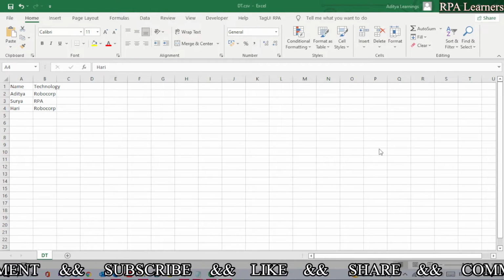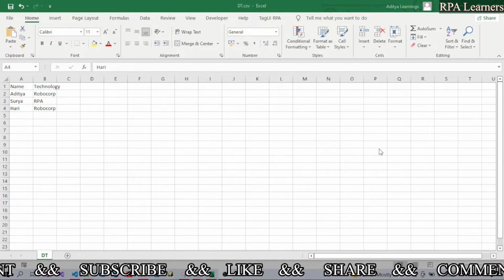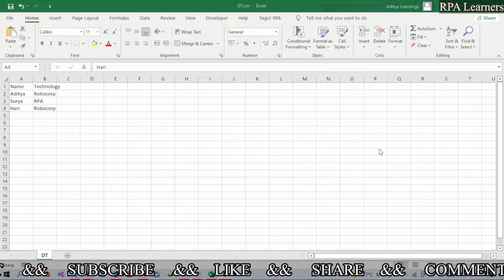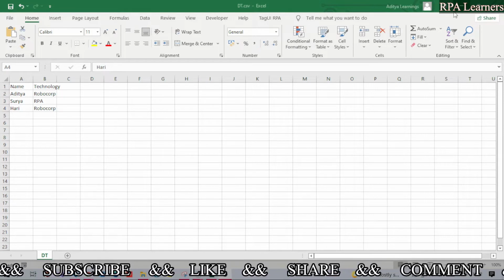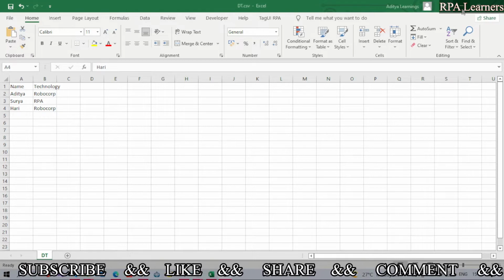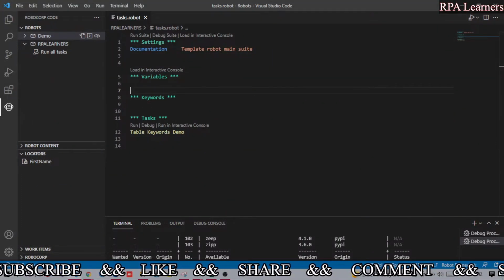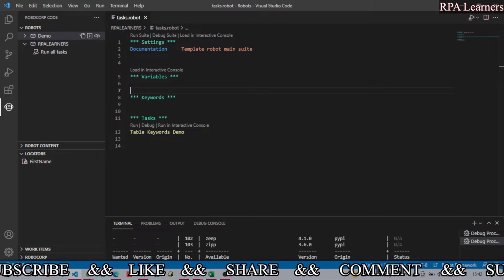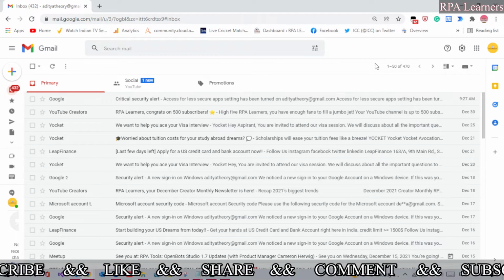Let's go ahead and see what you need to do before actually implementing this use case. What are the changes you need to make to your Google account so that you can send a mail? First, let me show you that. This is our Visual Studio, and in Chrome, open your Gmail account.